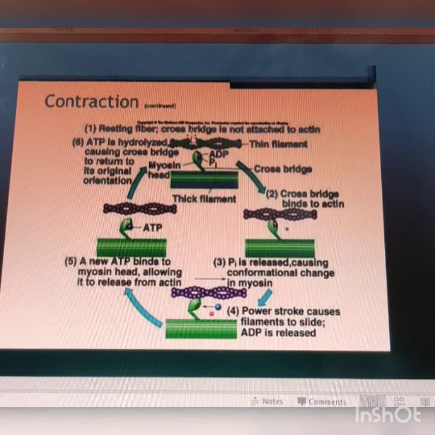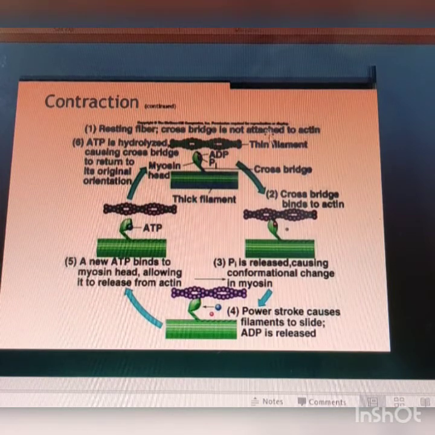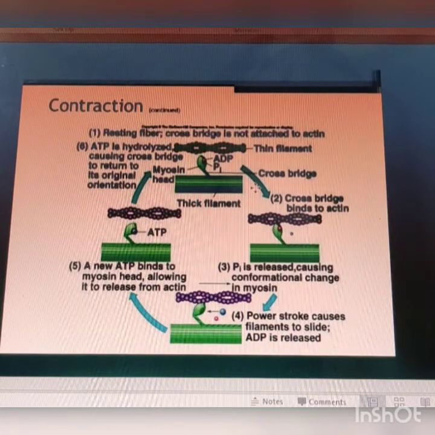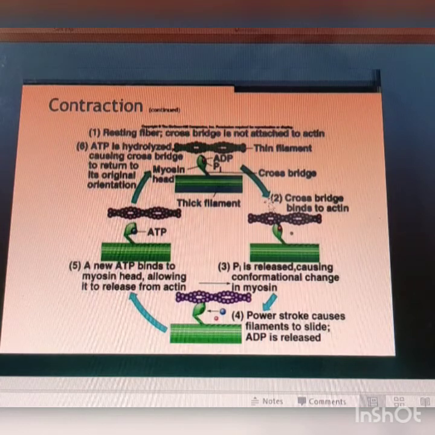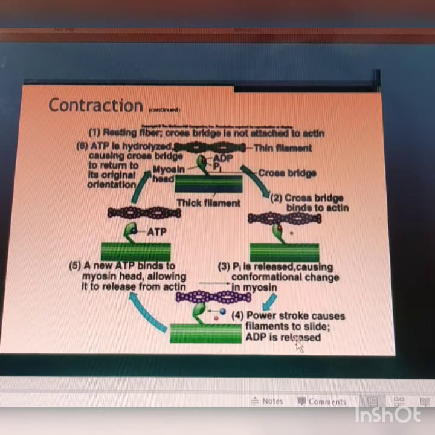The resting fiber cross bridge is not attached to actin, that is, the myosin head and thin filament are not attached to each other. Then the cross bridge binds to actin, that is, the myosin head is bound to actin. Phosphate is released, causing conformational change in myosin, so that a power stroke causes filaments to slide